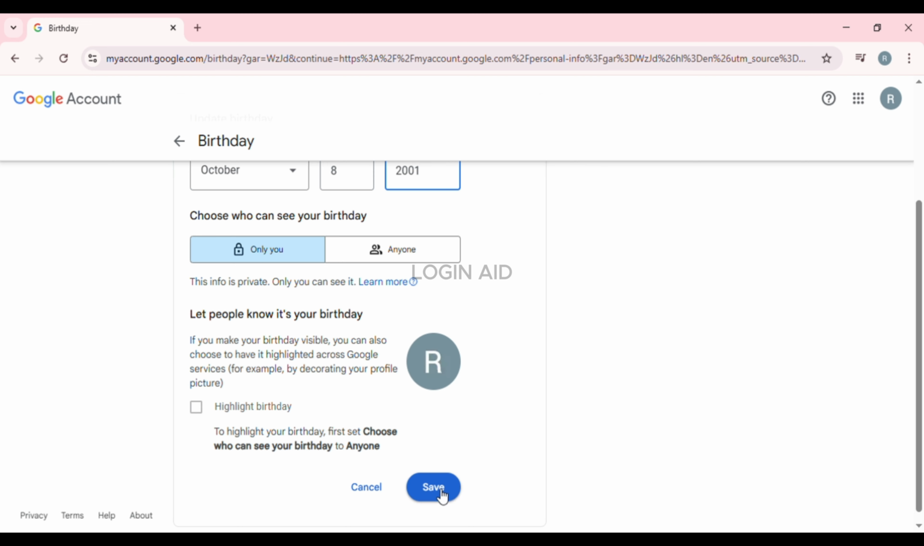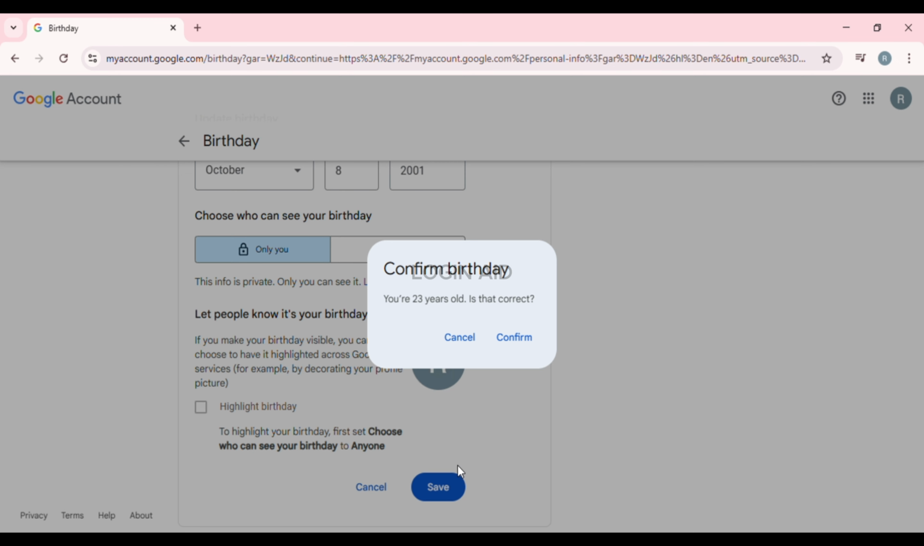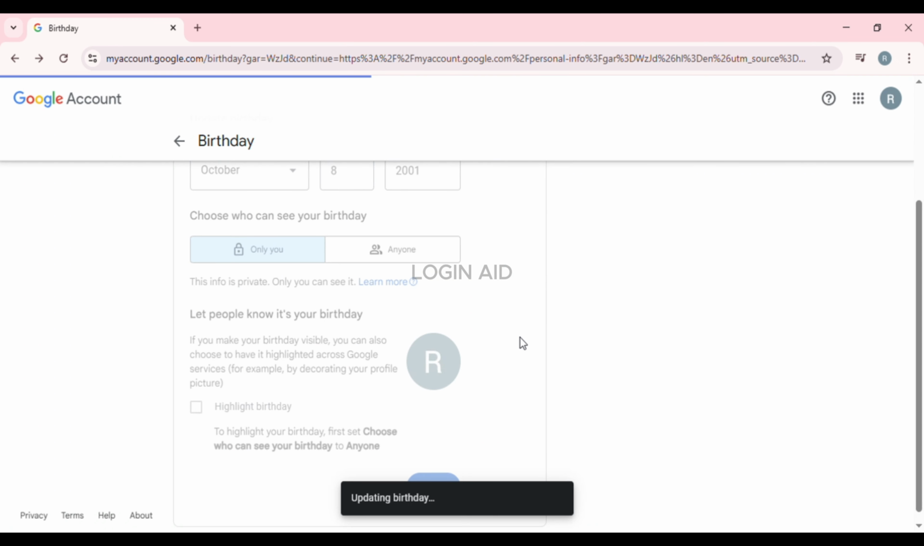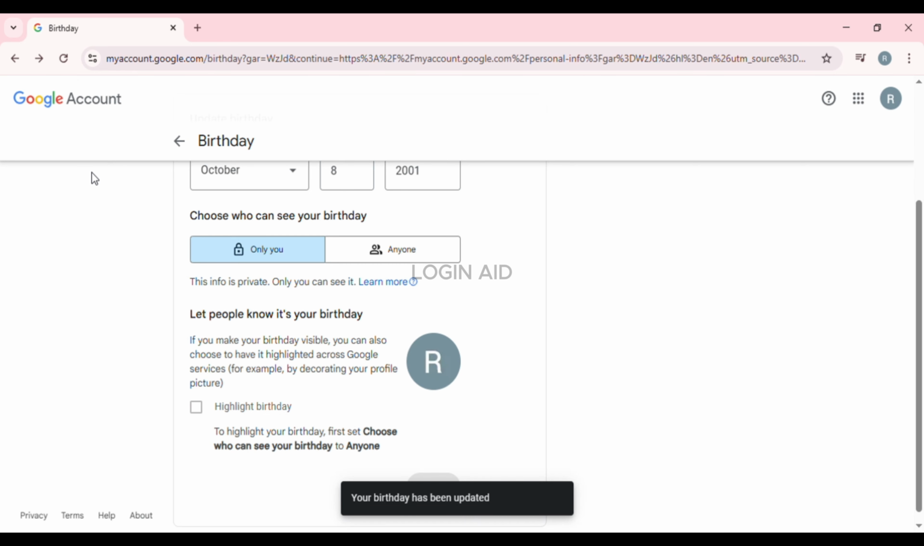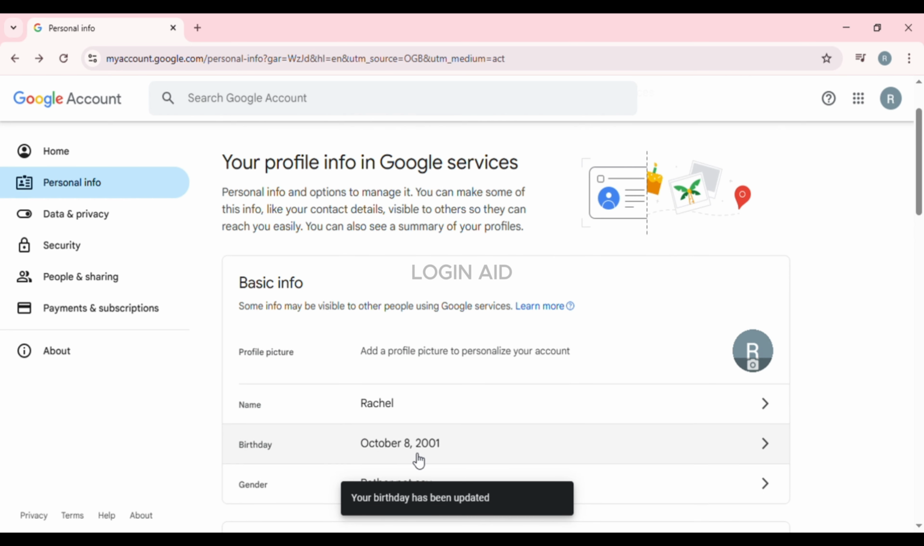Otherwise, click on the save option that you can see on the screen. Now a confirmation message will pop up. Simply click on the confirm option. Wait for a while. Now you can see over here your birthday has been updated. Your birth date will be changed now. So that is how you change birth date in Google